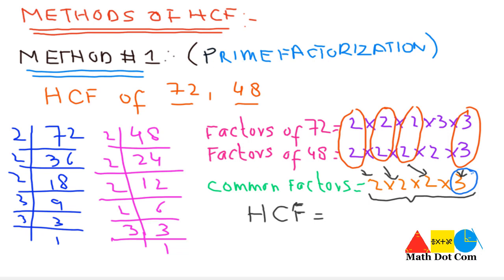This is because we have a common factor, 2, repeating 3 times. So when a certain factor is repeating multiple times, then we take the product of these factors to find the HCF. So the HCF comes out here as 2 into 2 into 2 into 3 equals